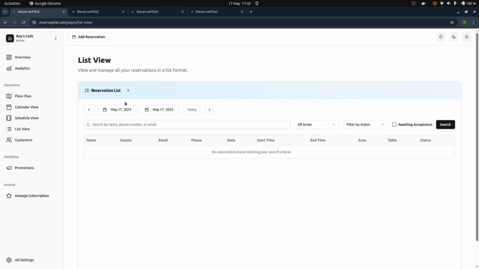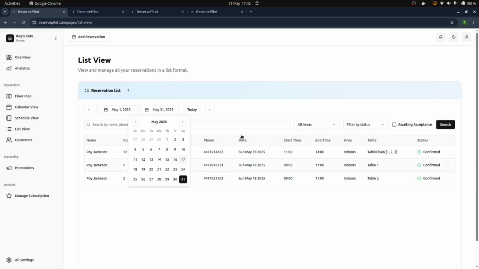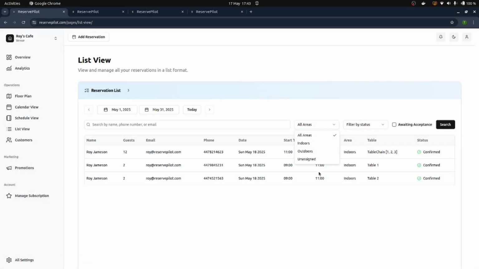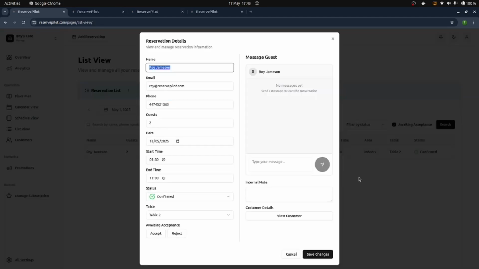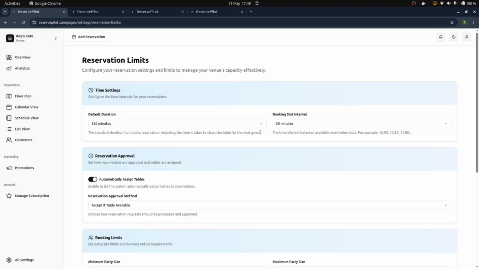Now here is the list view. List view allows you to search reservations in intervals. You will get all of your reservations here, and you will see all of their details. We can search by name, we can search by area, we can search by status, we can search if they're awaiting acceptance. So here, if we want to see all of the reservations awaiting acceptance, I will be able to accept them or reject them. So let's go for a deep dive in this reservation limit settings